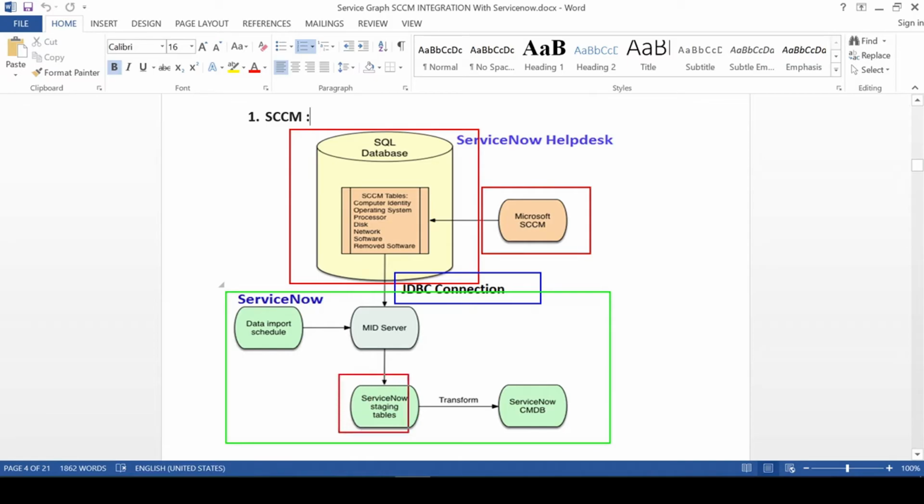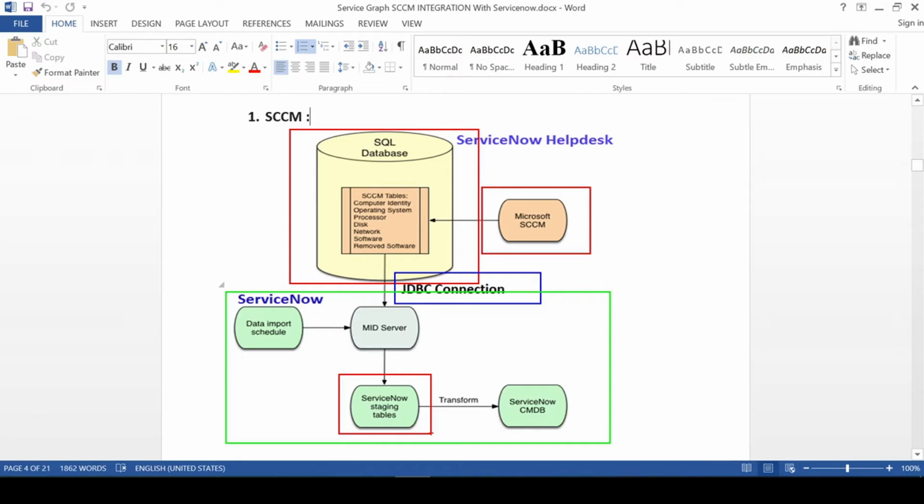In this section, the ServiceNow staging table will bring the data like an import set table and hold it, and using a robust transform it will transfer it to the respective table, right? If it is a processor or a computer identity, it will transfer to the exact table. The way it works for Discovery, where different types of CIs come in, Discovery distributes each CI to the respective table. In the same way here also,